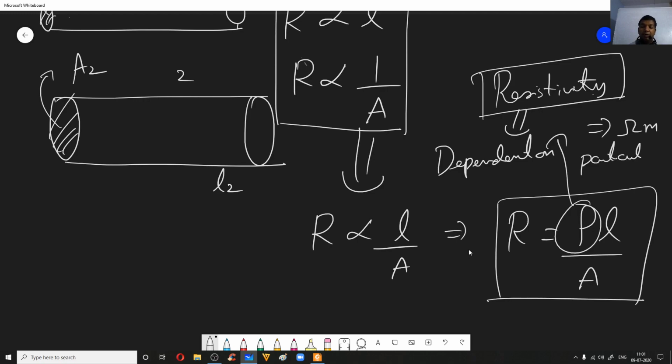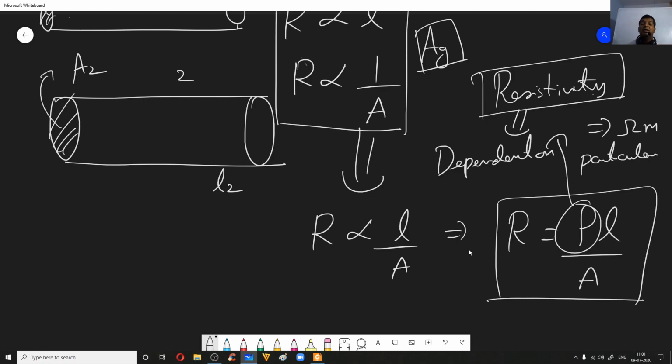Now we don't usually use iron for electrical wiring, even though it is cheap. The reason is it has high resistivity. We'll mostly use copper, and you might have studied that the best conductor of electricity so far is silver at normal conditions. Silver is the best conductor of electricity at normal conditions. That is what we have seen.